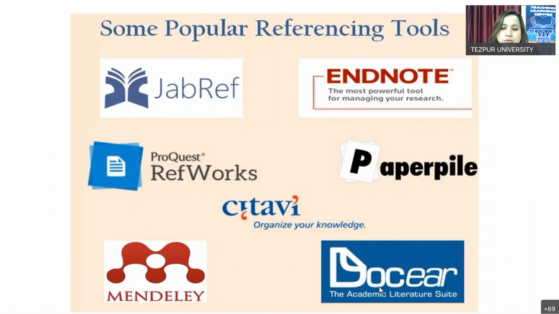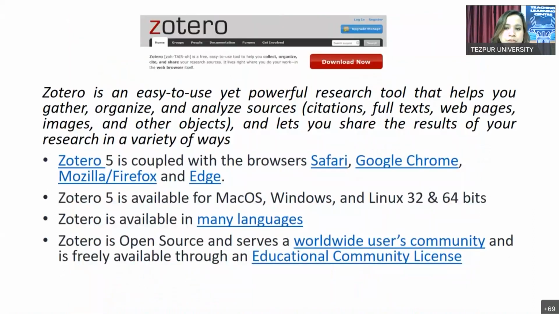ProQuest, RefWorks, Paperpile, Mendeley, etc. But here we will discuss only one referencing tool, that is Zotero. Why? Because it's an easy to use yet powerful research tool that helps you gather, organize, and analyze sources that include citations, full text, web pages, images, and other objects, and lets you share the results of your research in